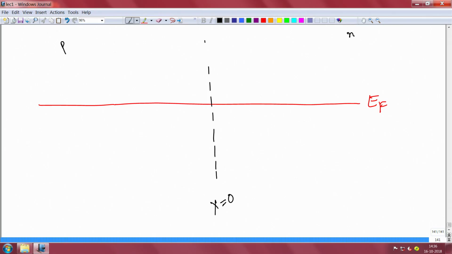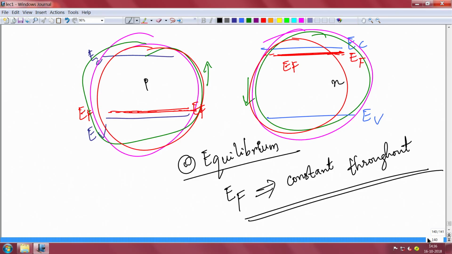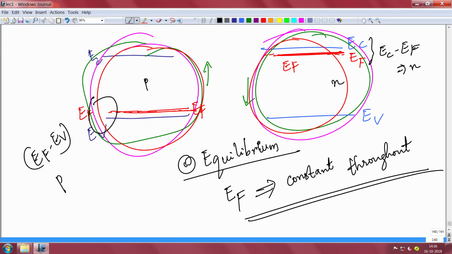So far away from the junction, if I go back to the previous slide, this spacing of conduction band and Fermi level has to remain constant because the doping has not changed. Far away from the junction, this difference of Fermi level minus valence band dictates your p type concentration, and this dictates your n type concentration, and that cannot change because the doping has not changed. Only near the junction some event is occurring. Away from the junction, this diagram should be preserved.